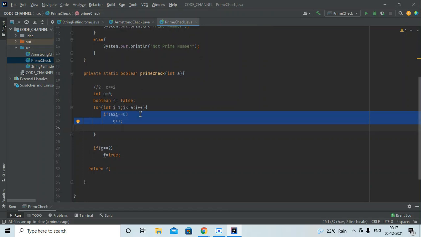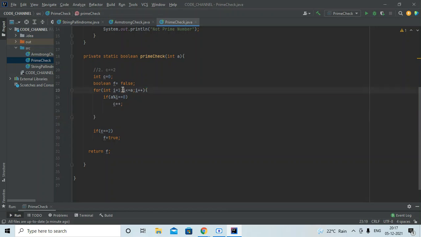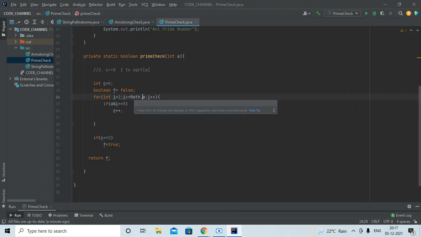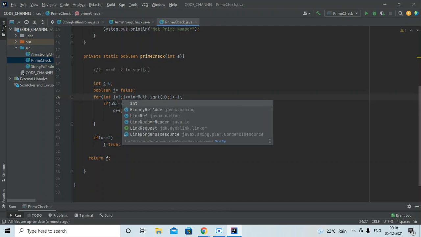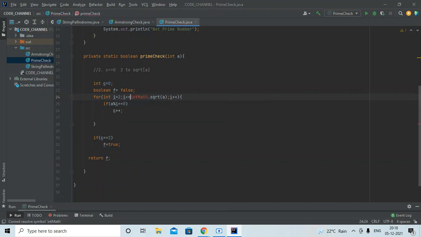So in order to do that, I would start the loop. Now I would check whether the count is 0 or not, and here we would use a loop from 2 to the square root of that number, whatever the input is. Okay, that would be the loop. I am running the loop from 2 to Math dot sqrt. Math dot sqrt is a method of the Math class. Math class is a Java given class. So this class gives us a double output, so I have to typecast into integer.